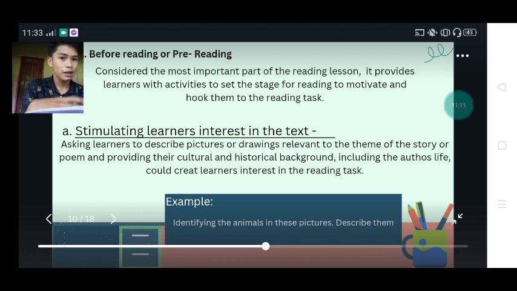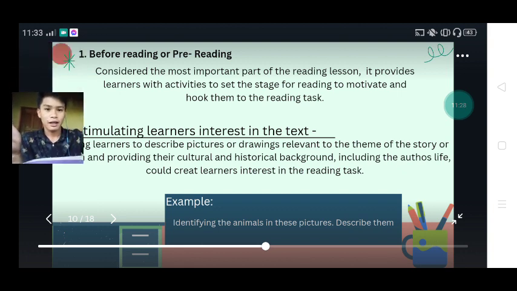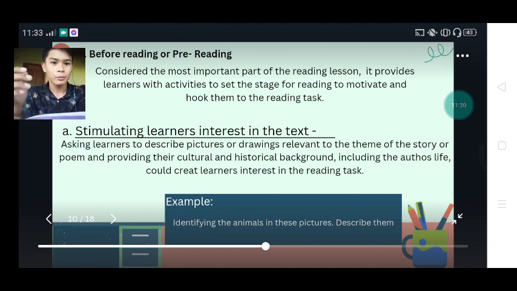Sa kibali sa diha nga pagi, ma-enlighten sila or mas ma-motivate sila nga mobasa, at the same time ilahang gi-describe ang mga animals or ang mga characters sa usa ka story. And that belongs to the before reading or pre-reading.